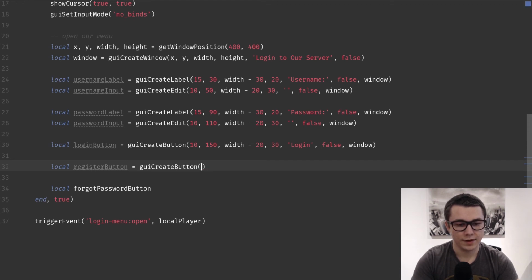Can't seem to type today. Start with that, and we're going to go with 190 as our Y position. And instead of a width of minus 20, we're going to do something a little different. Let's make our register and forgot password buttons only take up half of the screen so that we save some real estate, and also having 3 buttons in a row on the y-axis doesn't feel right to me. So we're going to go width divided by 2,